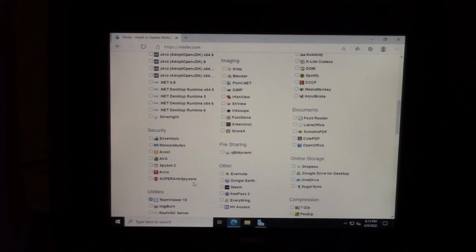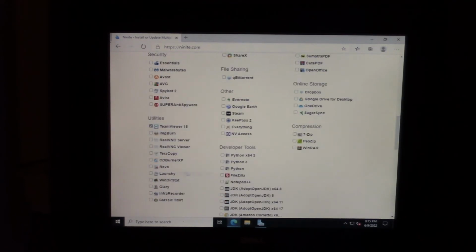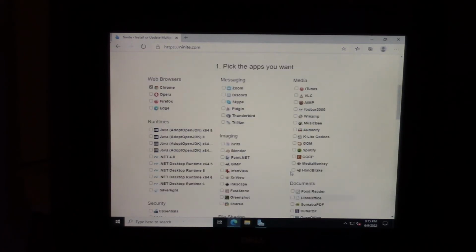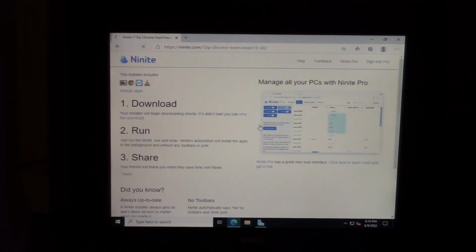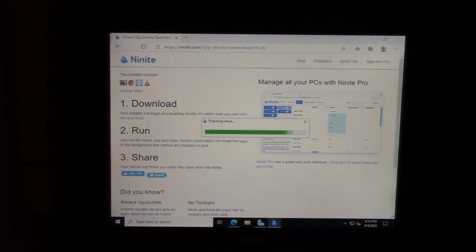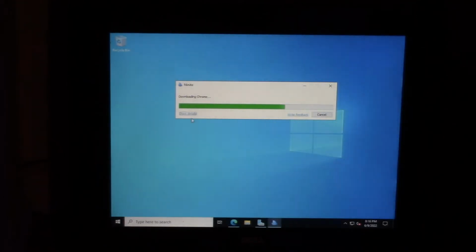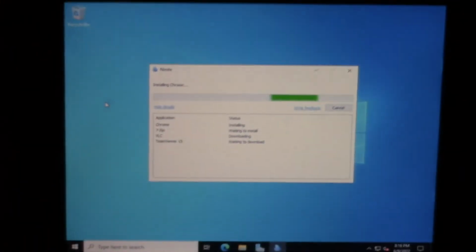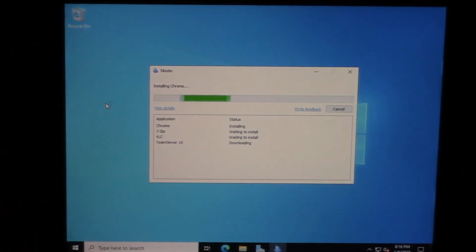I'm just doing Ninite here, doing my usual spiel when I install a new version of Windows or a new operating system. I guess I can install VLC. Does VLC run on Windows Server? Well, we'll find out. Ninite will skip it if it can't run on here. But Windows Server 2022, as I said, is based off of Windows 10 version 21H2. So as you can see, it's got the Windows 10 1903 and later desktop background,